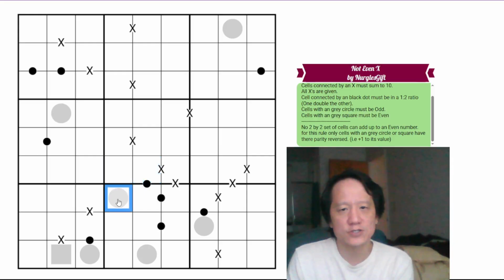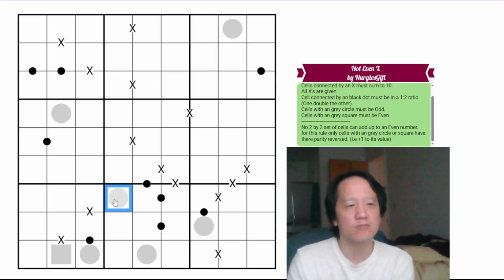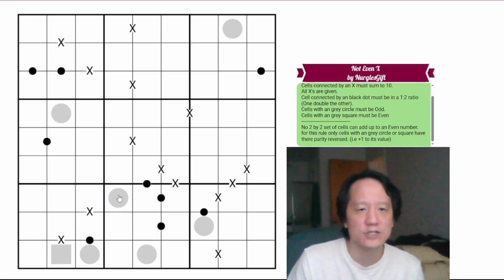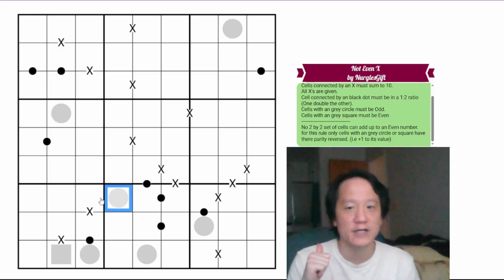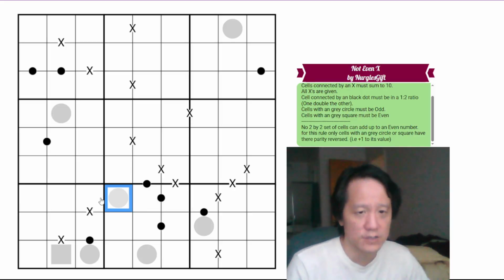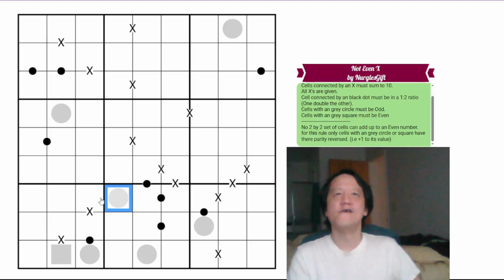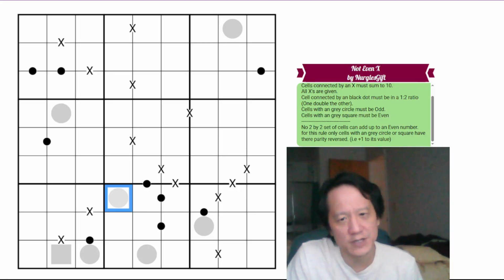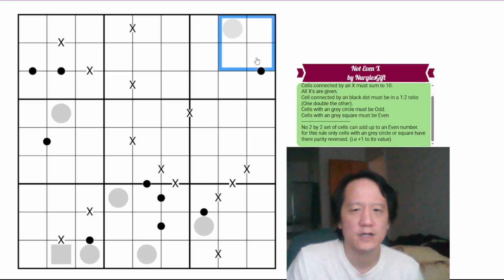However, for a gray circle and a gray square, they actually add 1 to their value, so to speak. So in the square, it has to be an odd circle, but value-wise it's essentially considered an even value. That's interesting. I don't think I've ever run into that rule set before. I've never run into the 2x2 rule where no 2x2 set of cells can add up to an even number. That just means you can't have